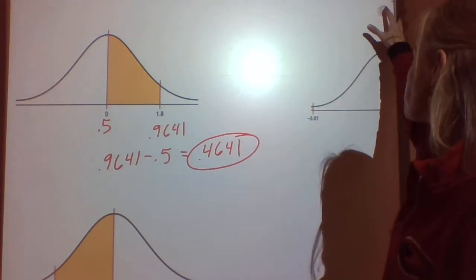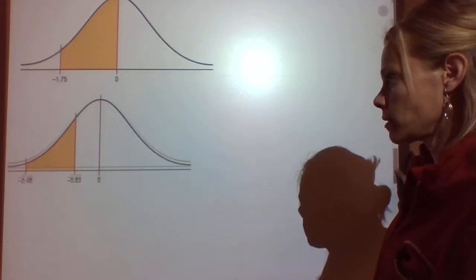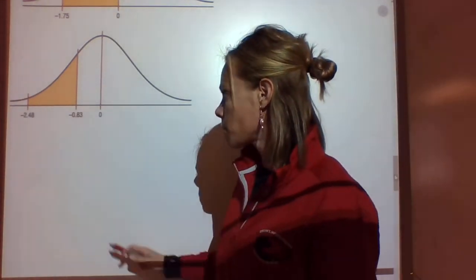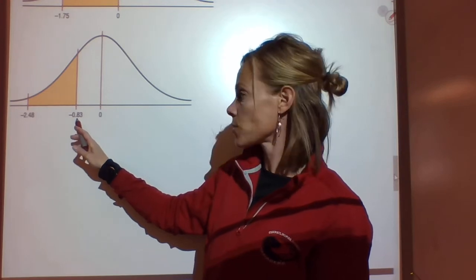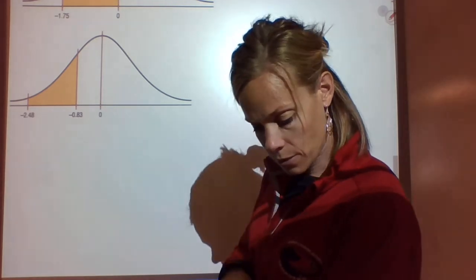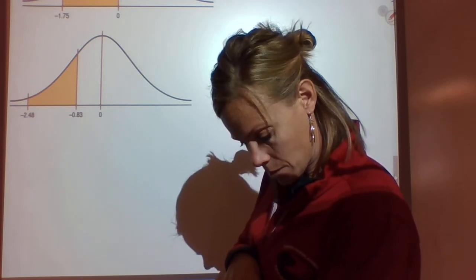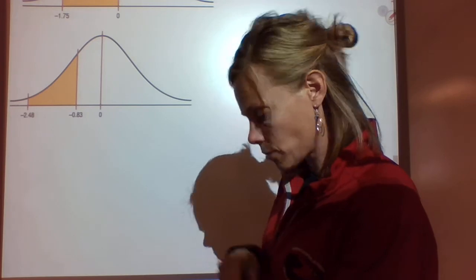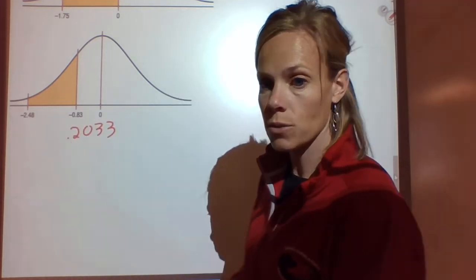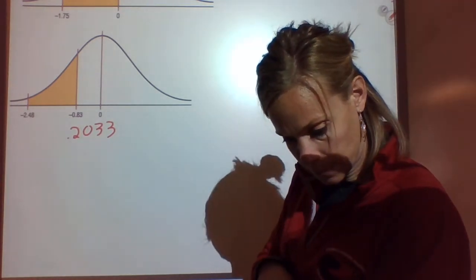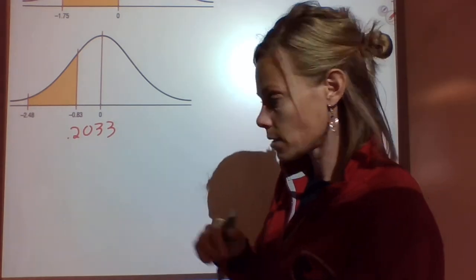Okay, let's try one more. So area in between, right? Let's do this one. I look up the larger z-score. Yep, they're both negatives, but you still have a larger z-score. So negative 0.83, 0.2033. Look up the smaller z-score, negative 2.48, 0.0066,